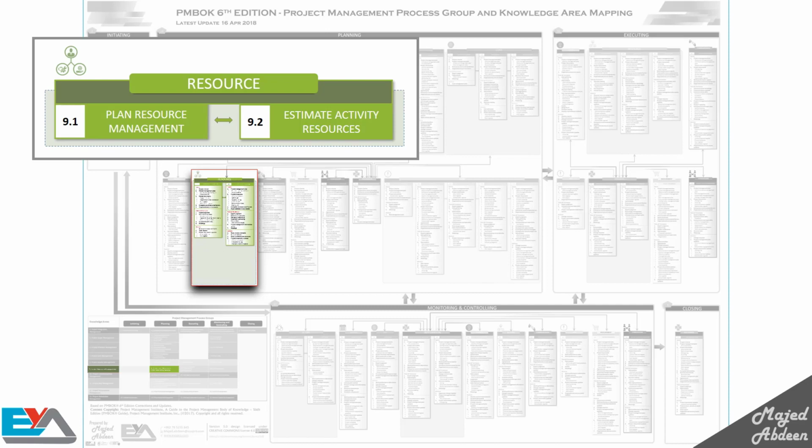Here we have two processes. The first is plan resource management. This is where you plan how to estimate, acquire, manage, and utilize physical and team resources. Here you know if you can employ outsourced staff or if you have to use internal resources. You will figure out whether you can use the previous team or whether you need to make a partnership with